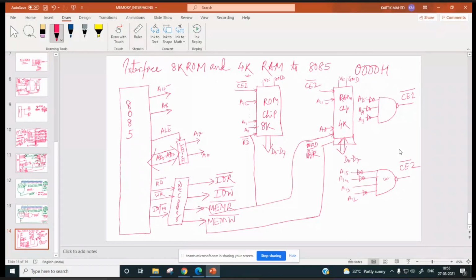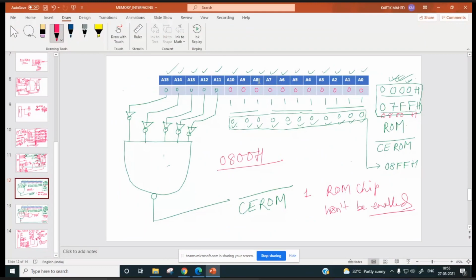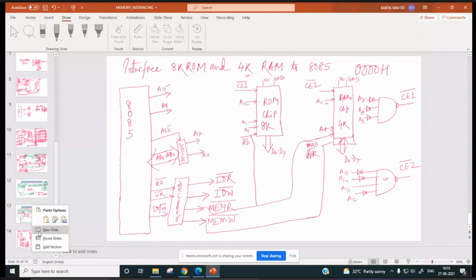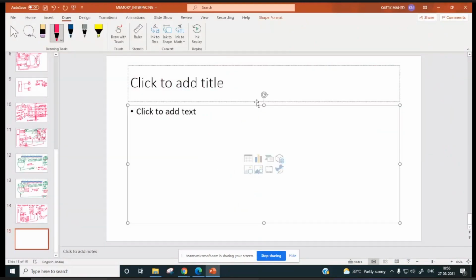So let us check this. Control C. Control C. New slide. Delete. Delete.